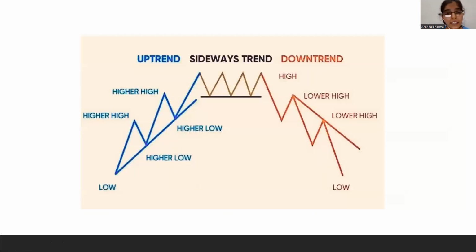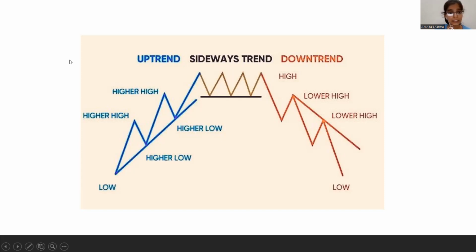Basically, on a chart we can see 3 types of trend lines: uptrend, sideways trend, and downtrend. An uptrend is when you see this type of pattern on a chart. It is drawn on 2 points where we have higher low points. This and this, we have drawn this line on higher low points, and this type of chart is known as an uptrend line. Downtrend lines are drawn between points which are lower highs. And a sideways trend is when you are not able to see much difference between the prices. This is known as a sideways trend.